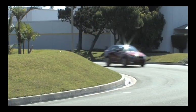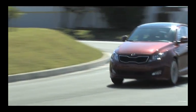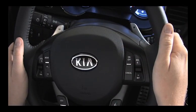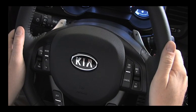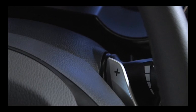The Optima introduces the first turbocharged engine to the Kia lineup, giving this already high-performance midsize sedan the extra muscle to thrill just about any driving enthusiast. Plus, advanced feature paddle shifters take the sporty driving experience to a whole new level. On Optima SX Turbo models, you can shift manually, without a clutch, using the paddle shifters located on the steering